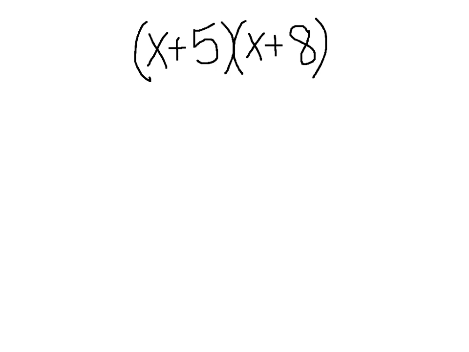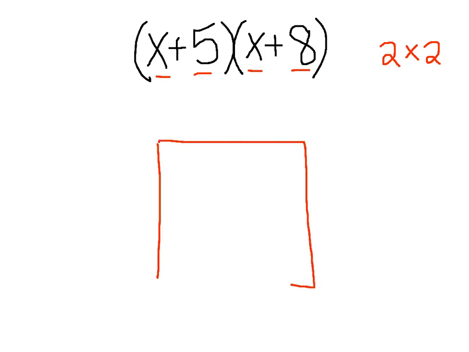So let's take a look at this example. We have x plus 5 times x plus 8. The first thing we're going to do is we see that we have 2 terms in each polynomial that we're multiplying by. Therefore, we're going to make a 2 by 2 box. 2 rows, 2 columns. You're essentially making one set of rows for each term of one polynomial and one set of columns for each term in the second polynomial. So I'm going to make a box like this,